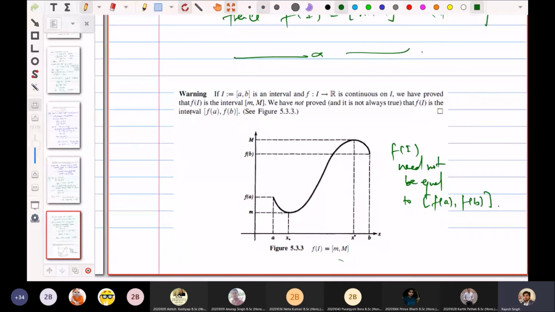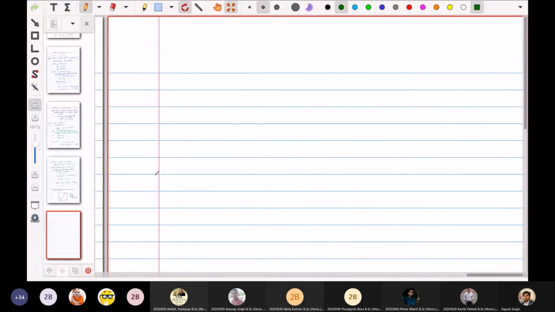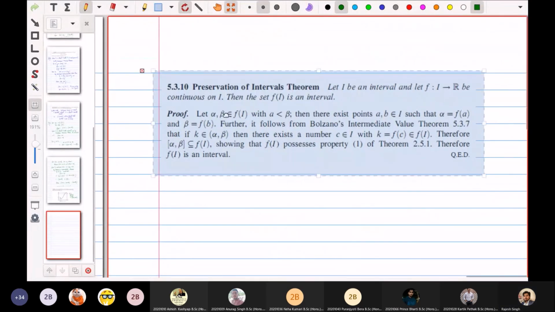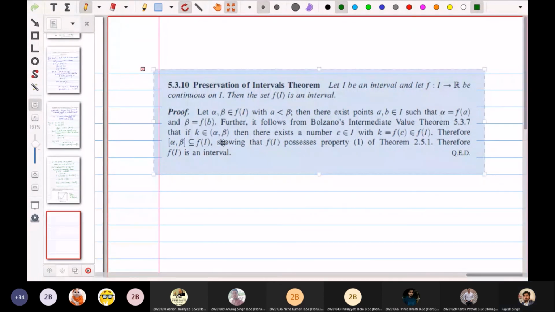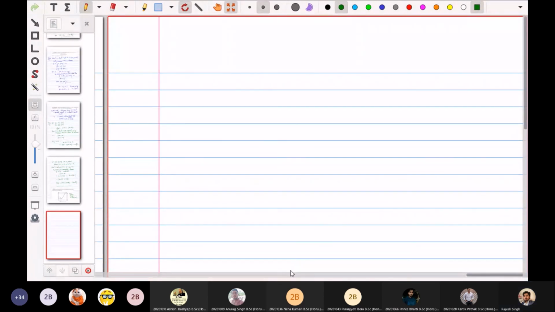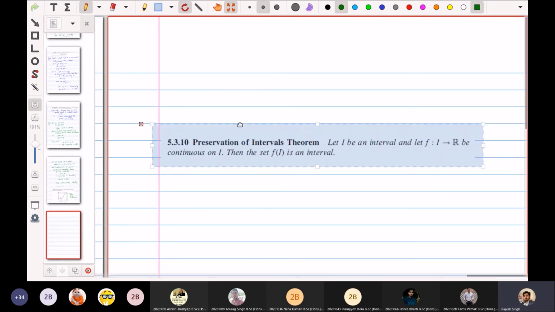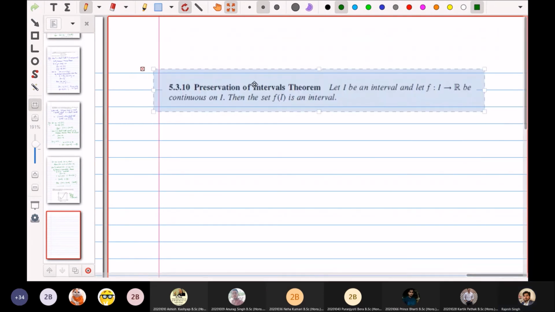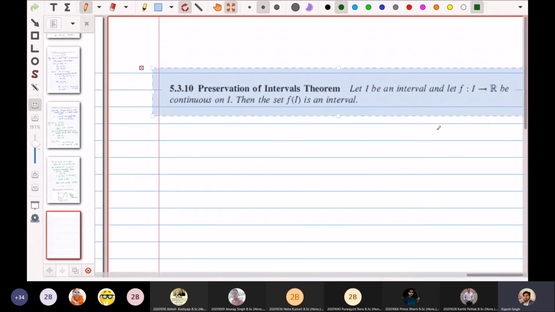अच्छा, एक लास्ट थ्योरम जल्दी से कर लेते हैं, दैट इज प्रिजर्वेशन ऑफ इंटरवल्स थ्योरम, ठीक है। So it is similar to what we have done right now, बस यहाँ पे क्या है कि अब क्लोज्ड इंटरवल नहीं दिया हुआ हमें, हमें कोई भी आर्बिट्री इंटरवल दिया हुआ है, but it preserves the interval, मतलब कि continuous image of an interval is again an interval, it can be closed, it can be open, कुछ पता नहीं हमें,